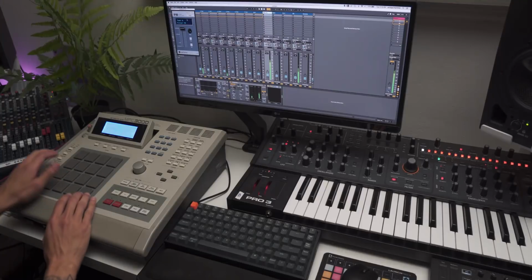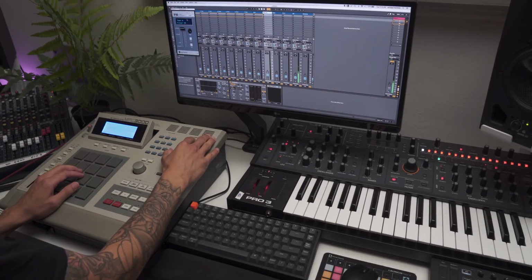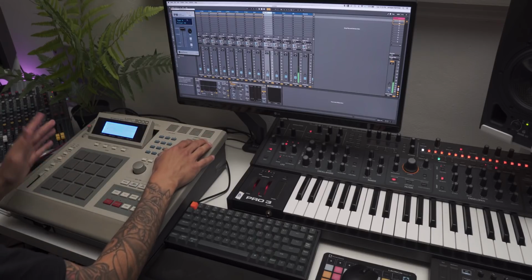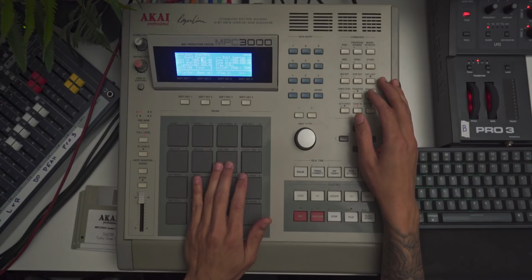Check this. This is something that's kind of fun to do. You hear how it just kind of ends? I want that to weirdly loop. Not really. So what I'm going to end up doing is go to our sound editor, which is this sound here,